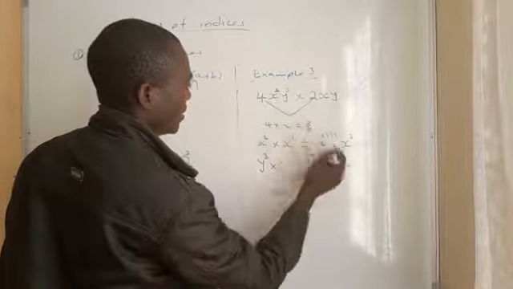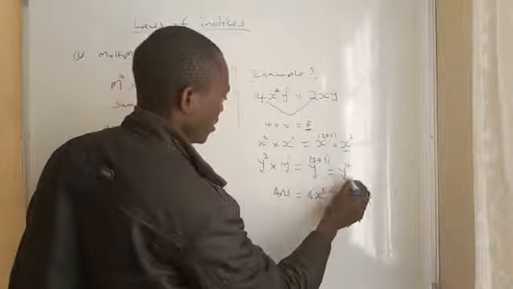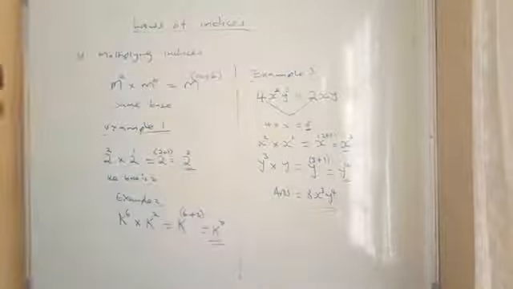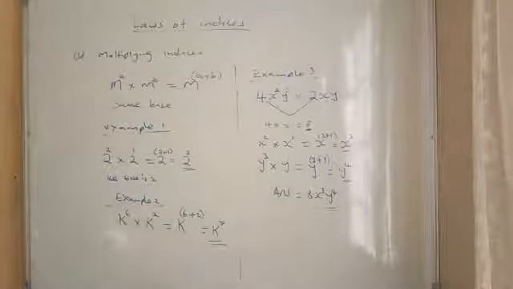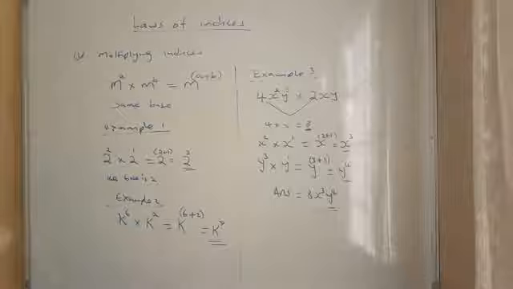x power 3 and y power 4. That is the law of indices, the multiplying law of indices. So law number 2,